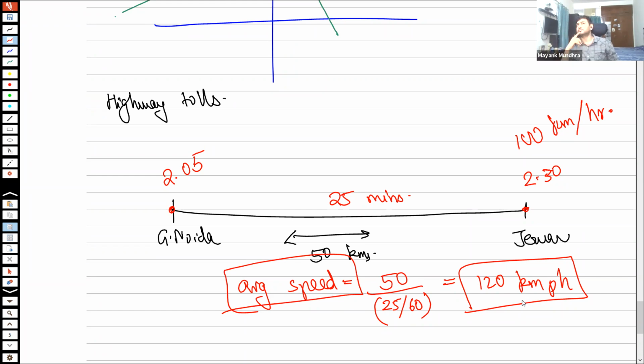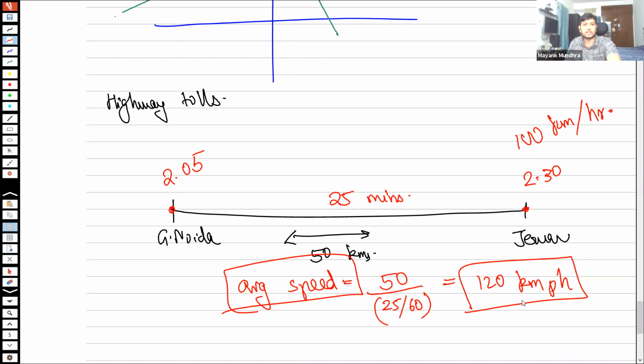And the fines are too high. A speed camera costs you 2,000, and you get one guy that pays for that camera completely. So now the economics have changed, but initially you did not have these speed cameras. What they used to do is monitor the punch-in time and the punch-out time of the cars and figure out what the average speed is. If you are found to have traveled with an average speed greater than the permissible limit, then definitely at least at some point you have traveled over the permissible limit and then you would be fined.